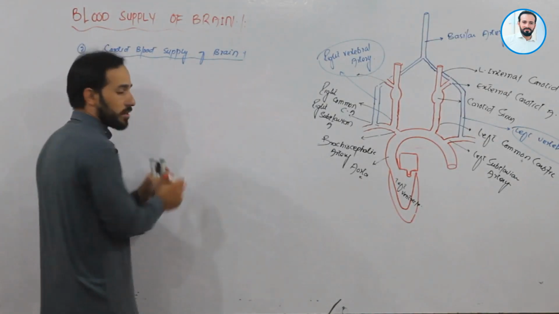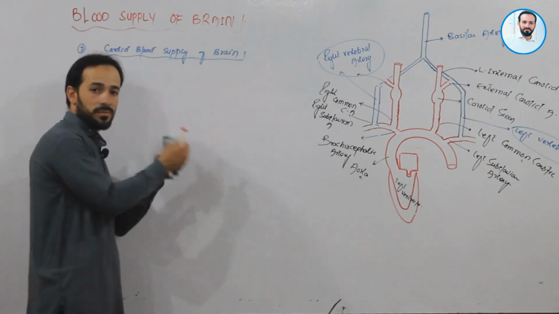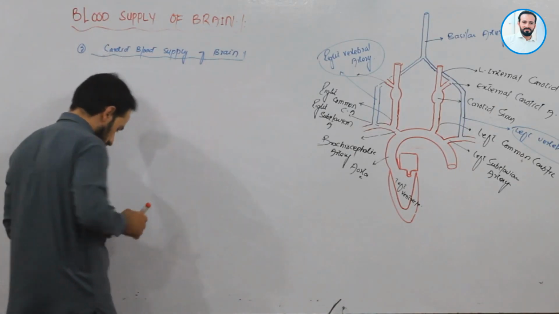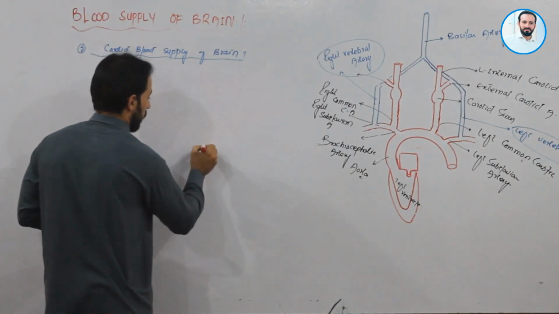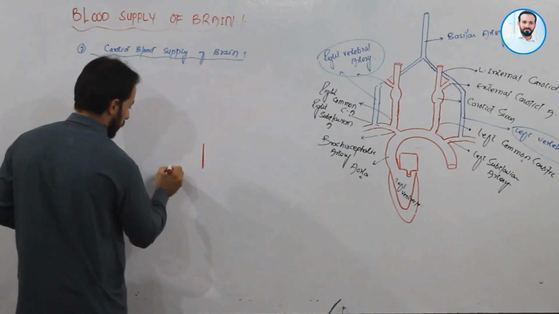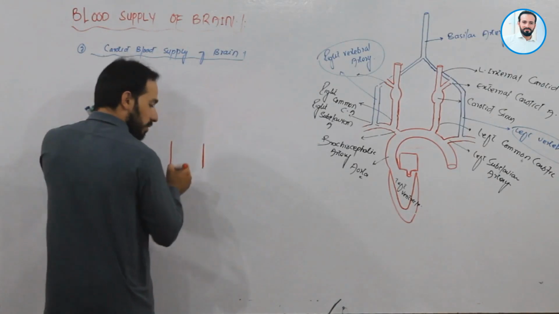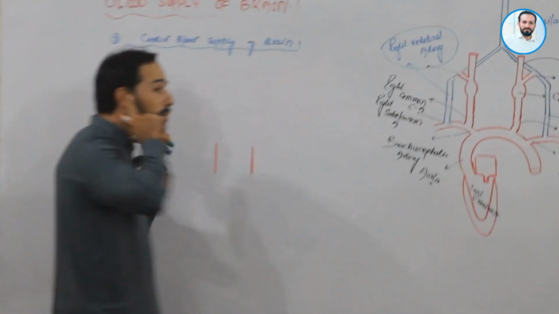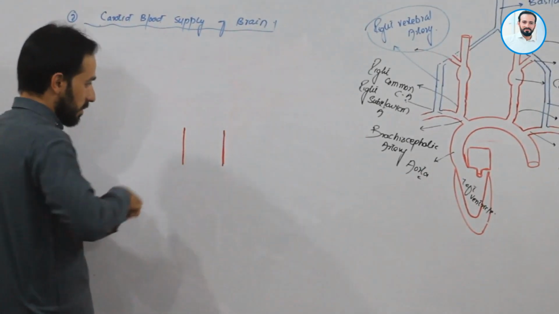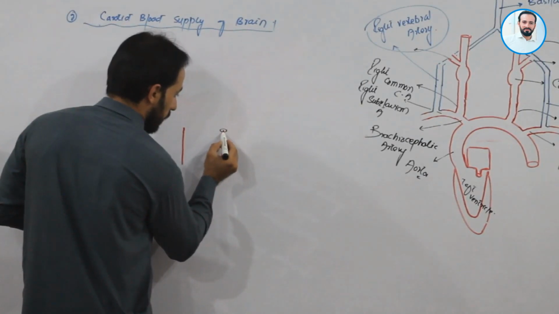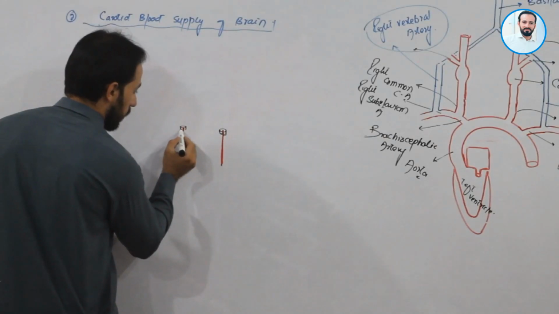Okay friends, first of all I will draw a very simple diagram and mention all those arteries, then we will combine both the systems and provide blood supply to the brain, right? So friends, this is our right common carotid, left common carotid. When both of them enter the cranial cavity, on both sides this artery enters the carotid canal, or carotid foramen. This is our carotid foramen. For example, this one is also carotid foramen.